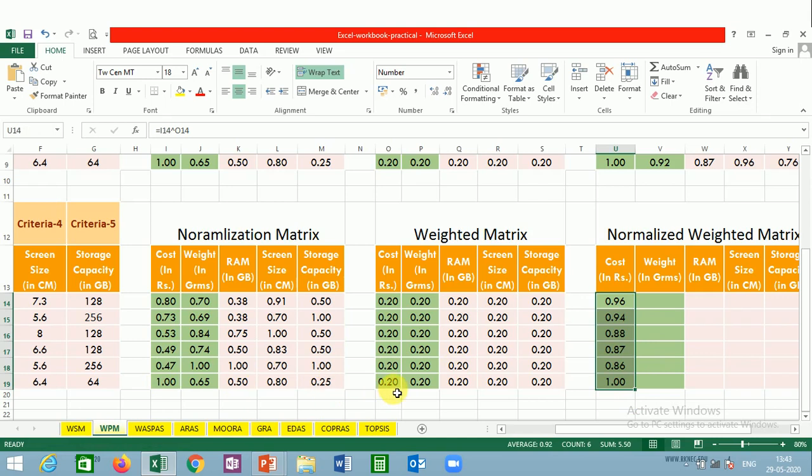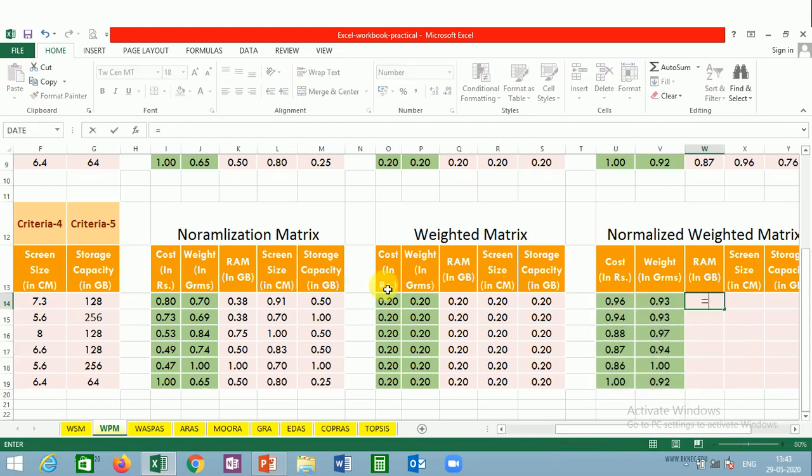So 1 to the power 0.2 is coming out to be 1. 0.47 to the power 0.2 is coming out to be 0.86. 0.49 to the power 0.2 is coming out to be 0.87. So we can drag it here, and once we do it this way, we will get the same thing.